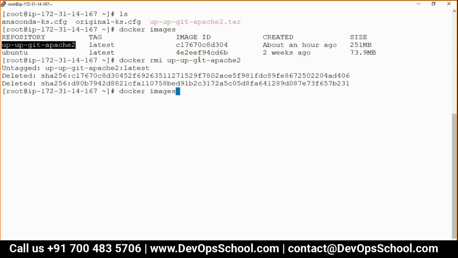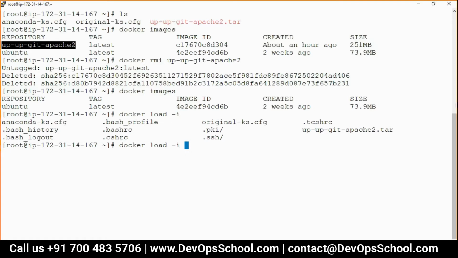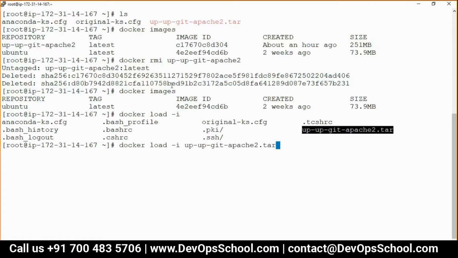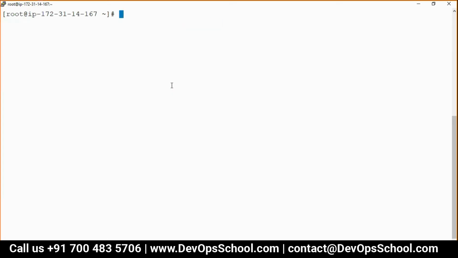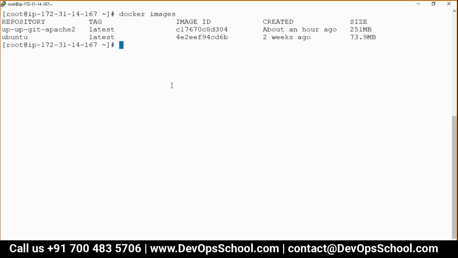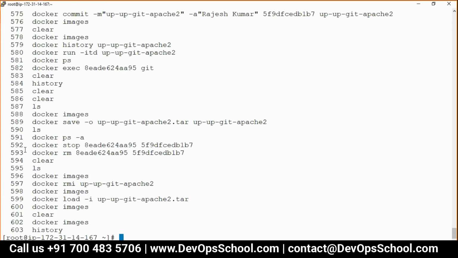See here, I don't have the image, so what I have to do, docker load -i and the file name is Tarball. And docker images, see here, this image is back. So this is the way you can share an image using Tarball.